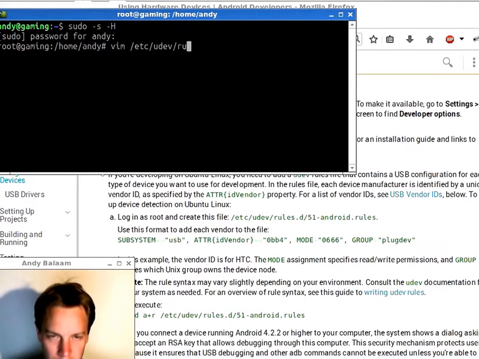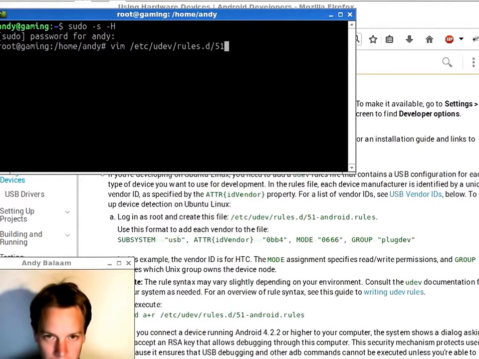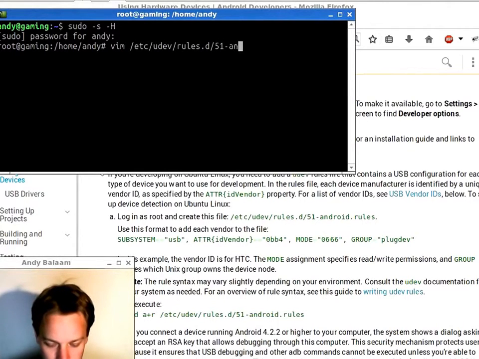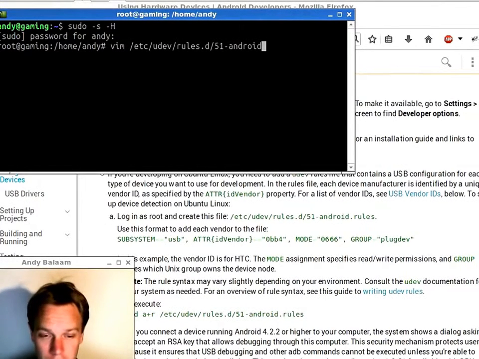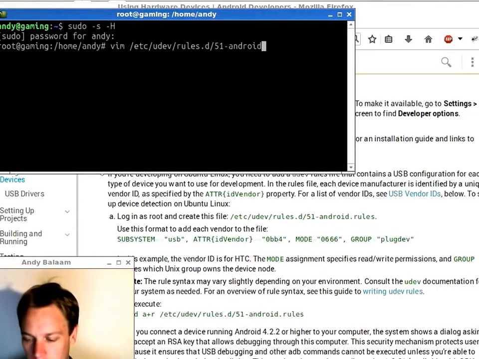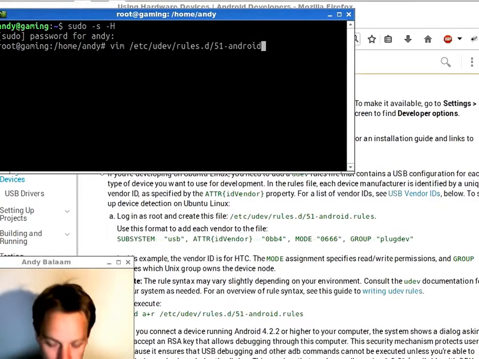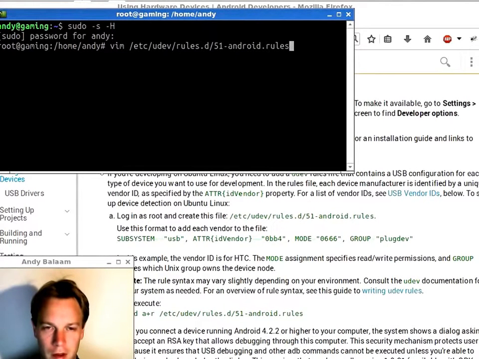You can use gedit to do this or something if you prefer, so long as you're root when you do it. You can't make a file in this directory unless you're root. So you might want to just type sudo and then the name of your editor, sudo kate or sudo gedit or something. But you know me, I like the vim. Okay, so I've become root and now I'm editing a file